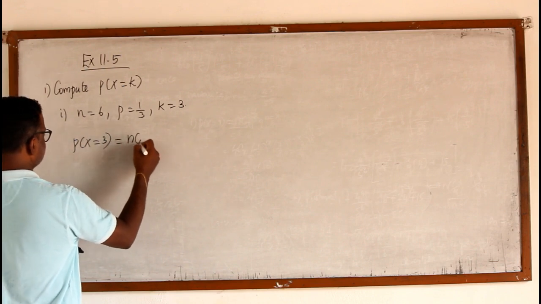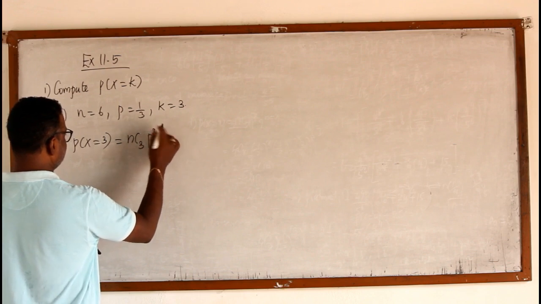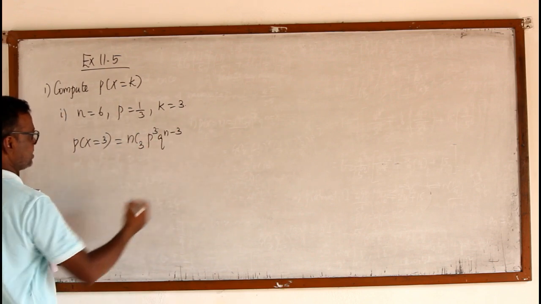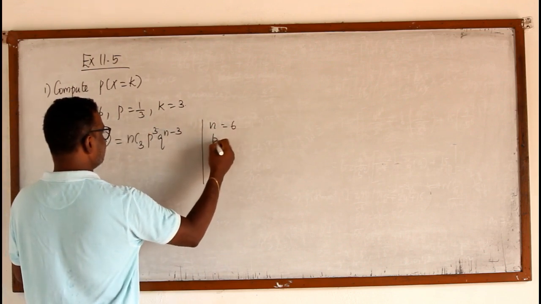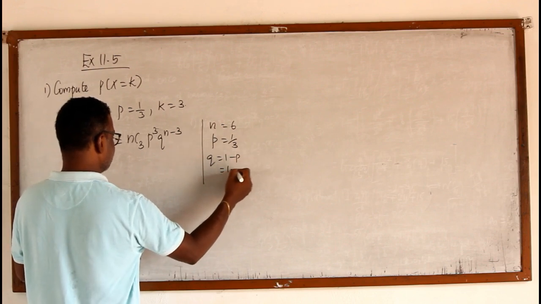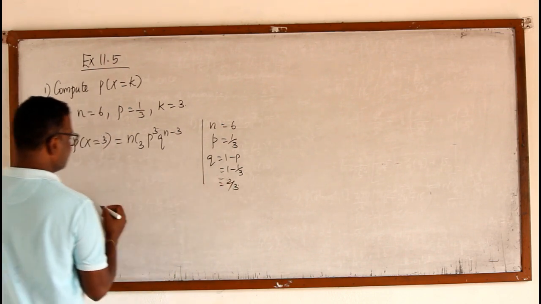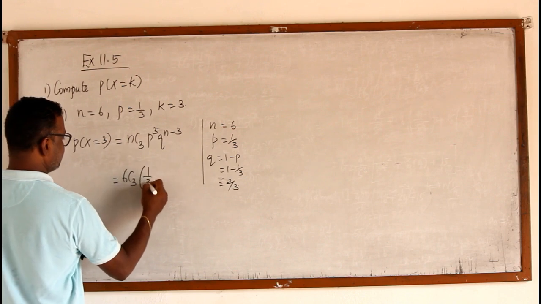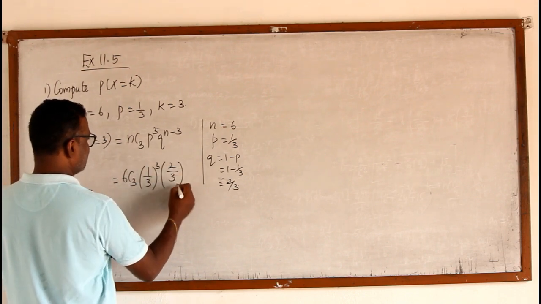Here nC3, p power 3, q power n minus 3. This must be the answer. Where n equal to 6, p is 1 by 3, then q is 1 minus p, 1 minus 1 by 3, it is 2 by 3. So substitute here: 6C3, p is 1 by 3 whole cube, q is 2 by 3 whole power